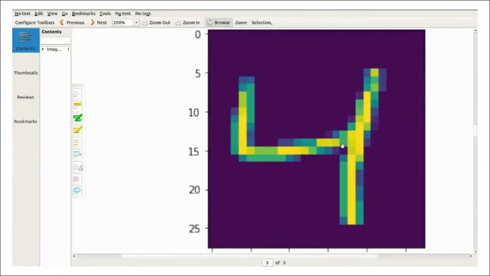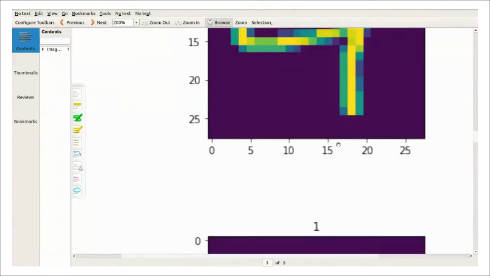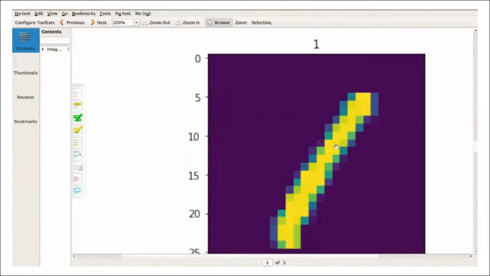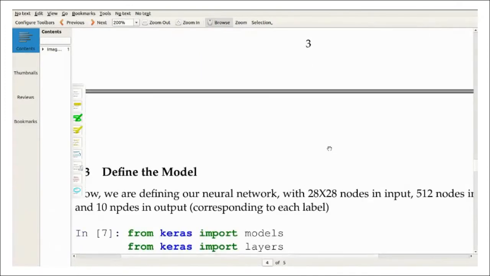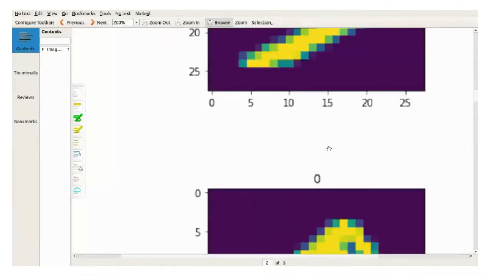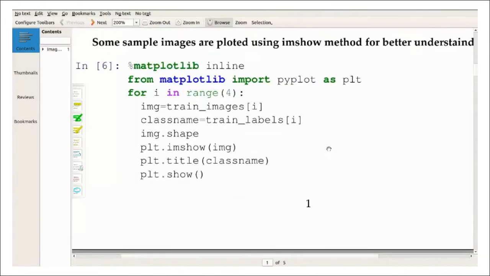There may be confusion. How the model is trained on the data, the result depends on the training. So these are some of the input images. You can visualize the data using matplotlib plt.imshow. imshow is the function that we are using because each image is represented by a matrix of pixels. So in order to plot those pixels into an image, we are using the imshow function. Simple.